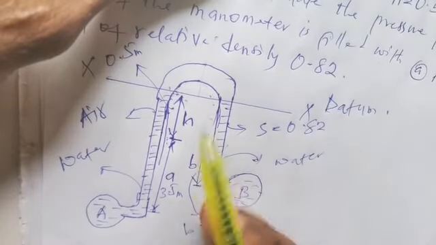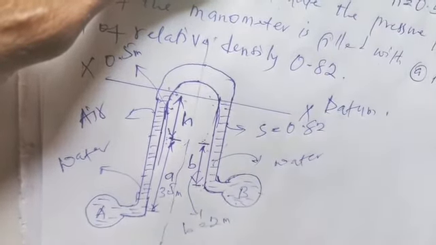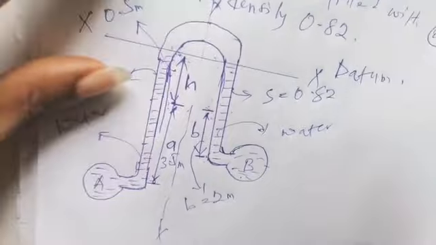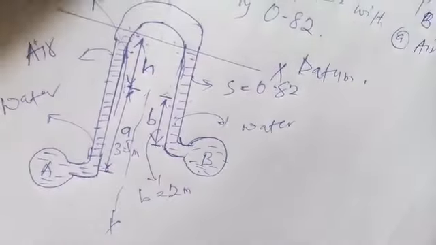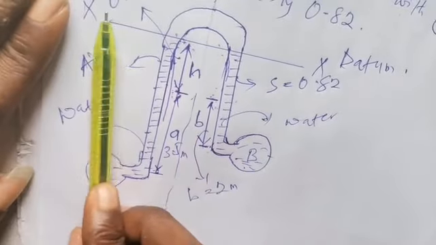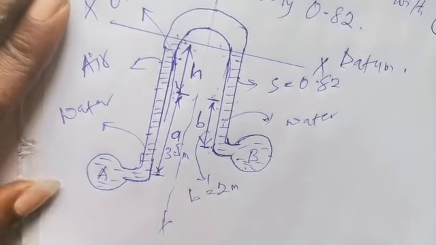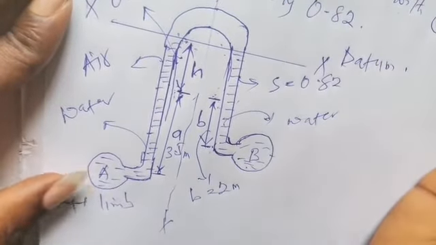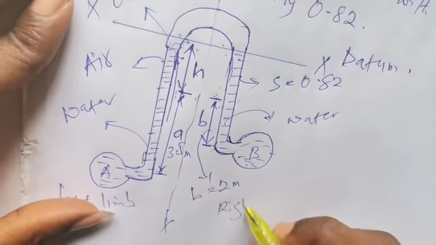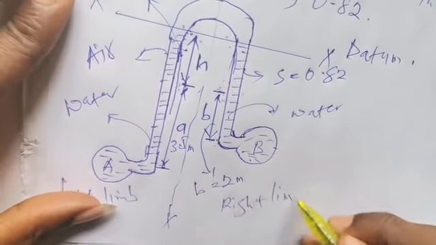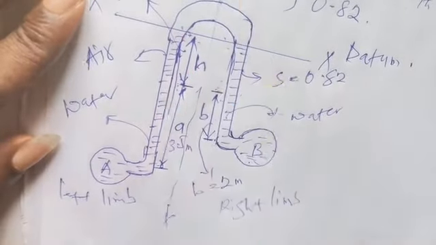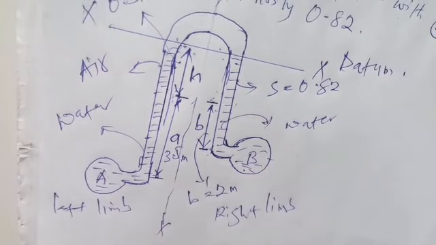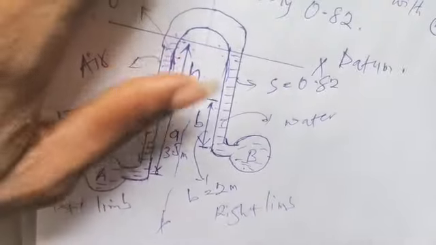Split here into two. If I section there into two, then every portion here becomes my left limb, and all the portion of the U-tube manometer on your right becomes the right limb, the one on your left becomes your left limb. So let's consider now all the properties of fluid on the left limb. All we need to do is to add their pressure heads.